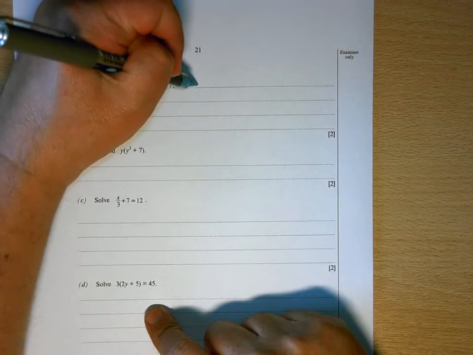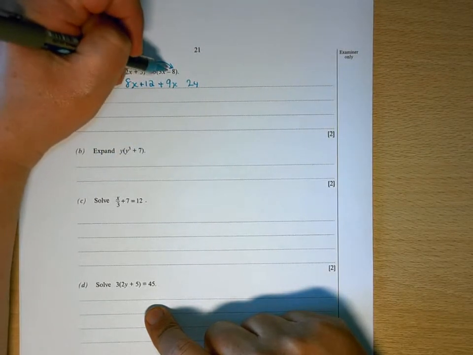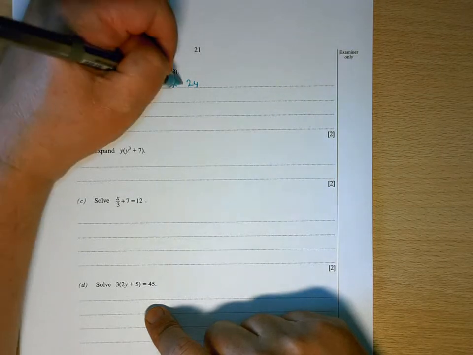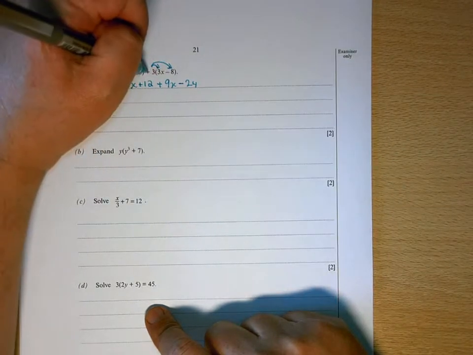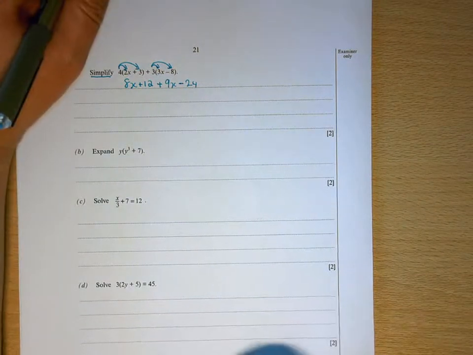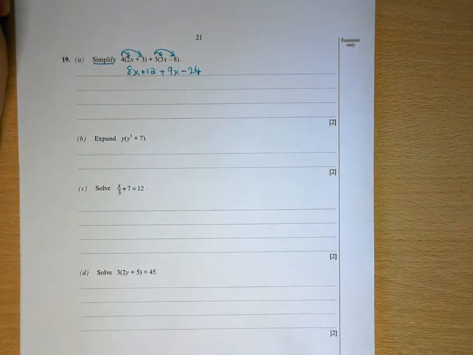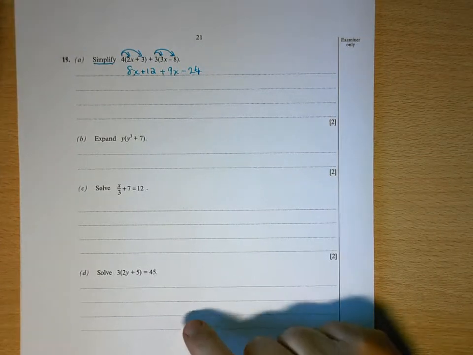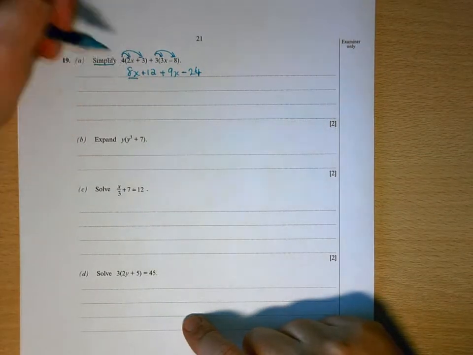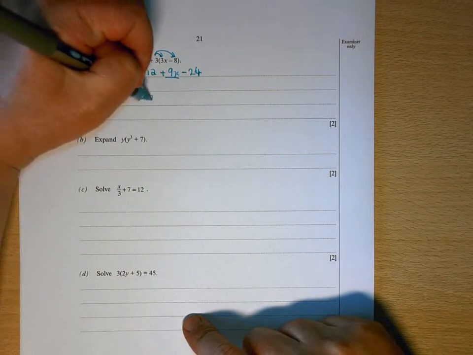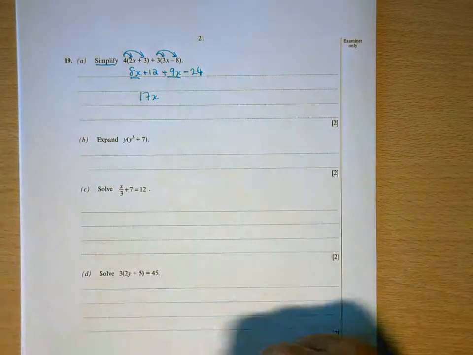But here we're doing plus times a minus. If the signs are different when you're multiplying, the answer is negative. If the signs are the same, the answer would be positive. So that gives us that, but we can simplify that further because I've got similar terms. I've got 8x there plus 9x there, which makes 17x. And then I've also got a plus 12